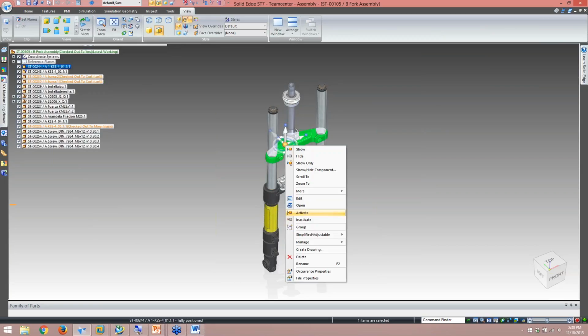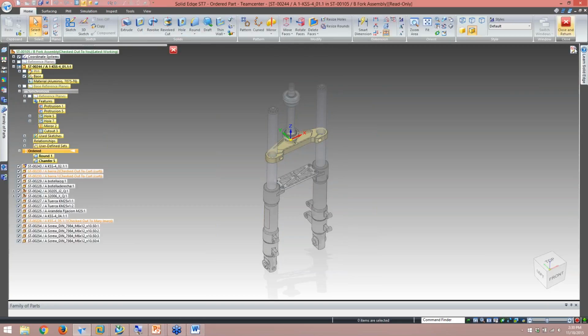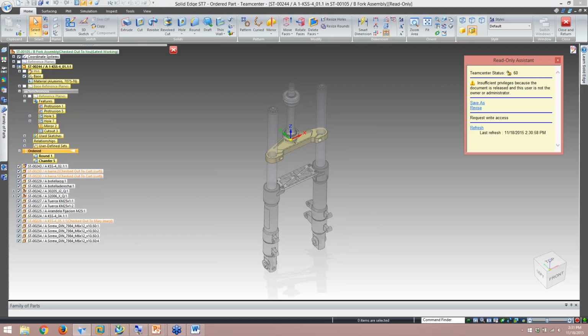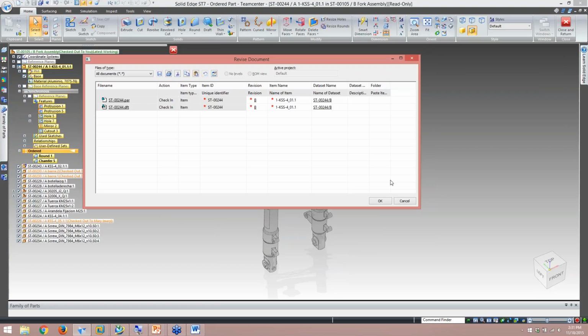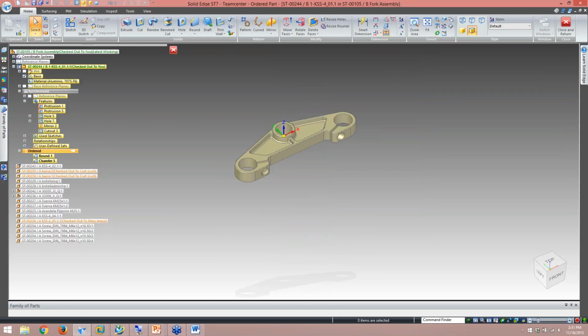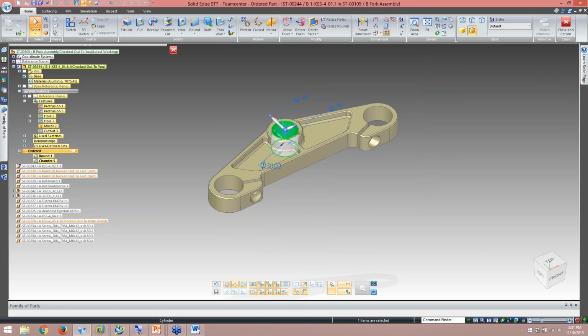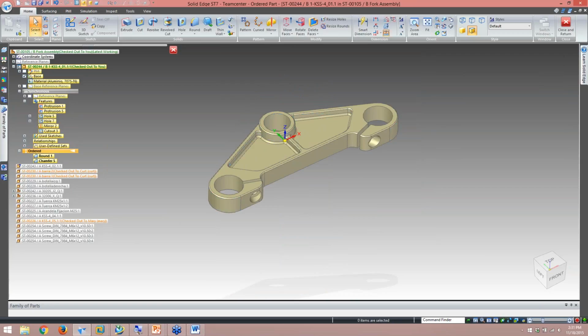So if I edit this yoke, I get instant feedback telling me, hey, this item has been released. You can save as or revise it. If I tell it I want to go ahead and revise it, I hit a couple of buttons, and the integration takes care of the rest. It revises not only the part, it also revises the drawing as well. So it does all that for me, and then all I have left to do is actually make a change to this. In this instance, I'm going to move this up like so. Close it out and go ahead and save everything back in.